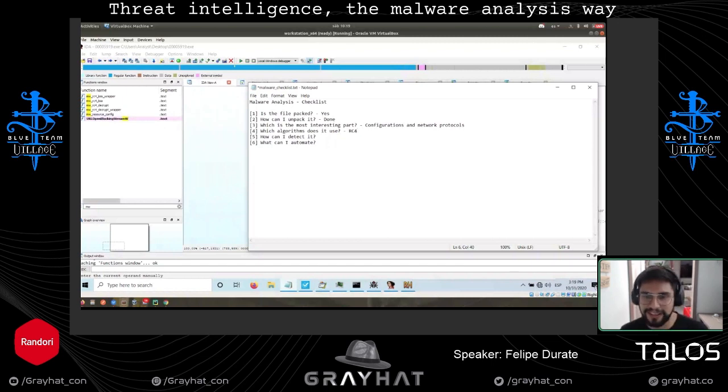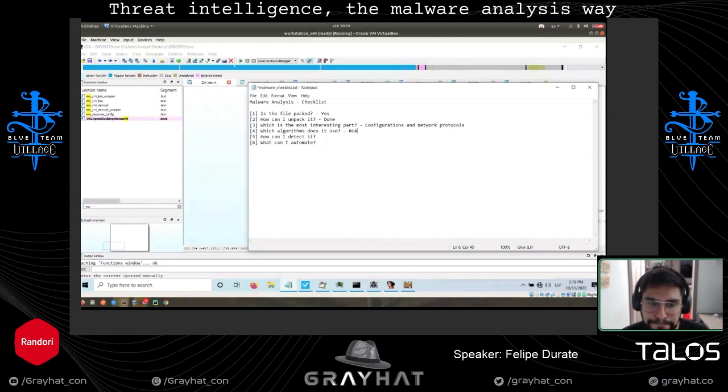Okay, perfect. So we addressed the problem of analyzing malware, going from something we didn't know what it was doing in our infrastructure. We know that it's a remote access Trojan. Its name is Rencos. It was packed. We unpacked it. The most interesting part we found at this point is the configuration. We know that for that configuration, it uses RC4. So now we have only two questions left. How can I detect the sample? And what kind of things could I automate, just for the sake of speed?